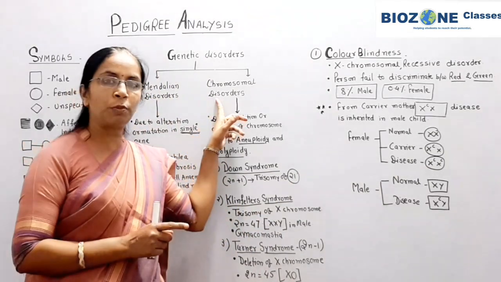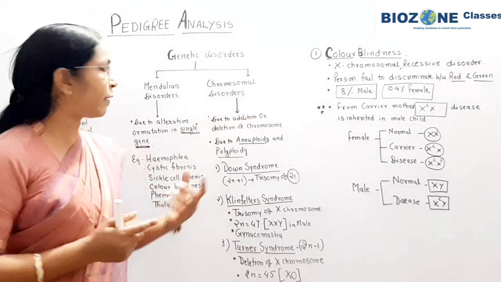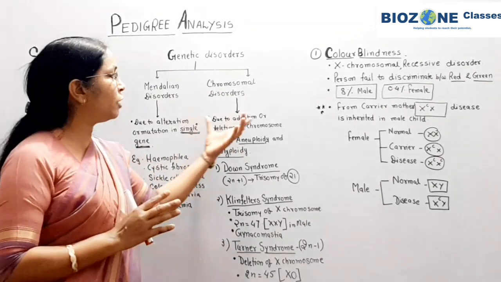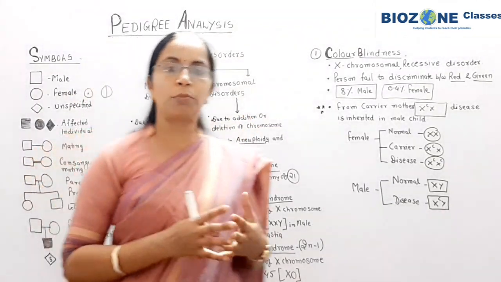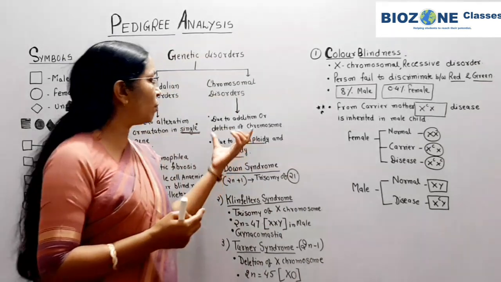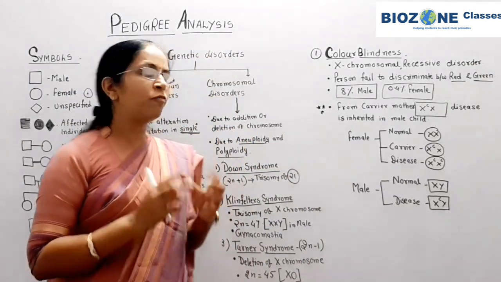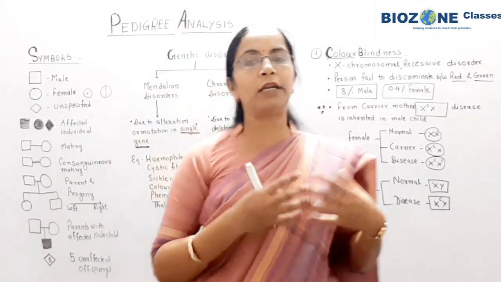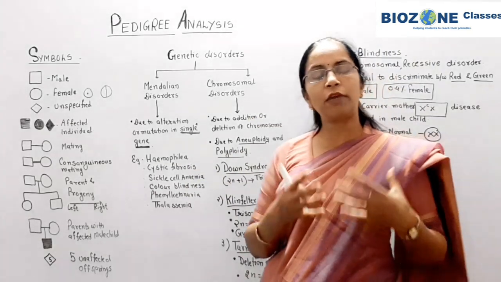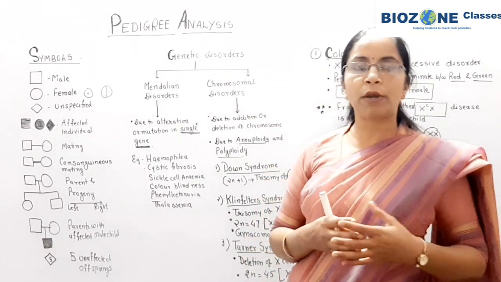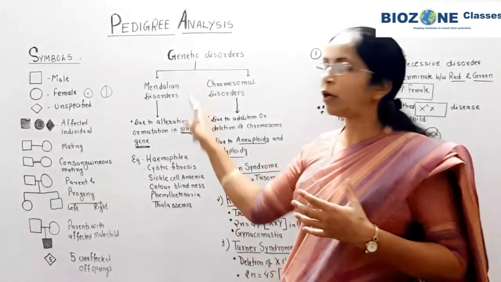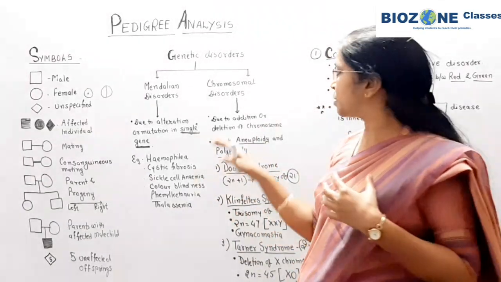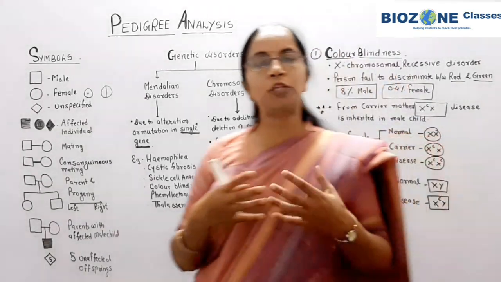Now we come towards the chromosomal disorder. Chromosomal disorders are clear, when the disorder is caused due to addition or deletion of the chromosome. Addition of chromosome means trisomy and tetrasomy we study. Actually, one extra class is required for the explanation of how the chromosomal numbers are changed, and that part we study under mutation: what is aneuploidy, what is euploidy, what is polyploidy and how the chromosomes are changed. Here we only discuss the important part, so I am not going into detail for that purpose. So here you remember, due to addition or deletion of chromosome.